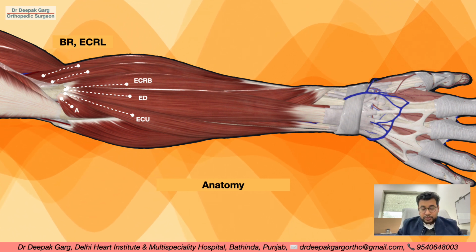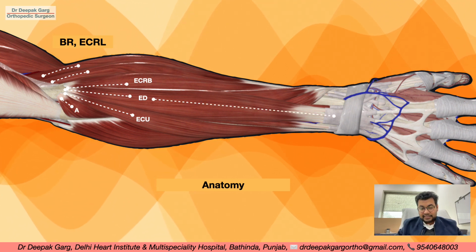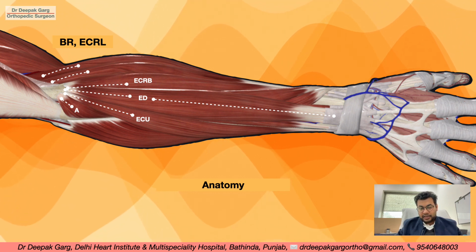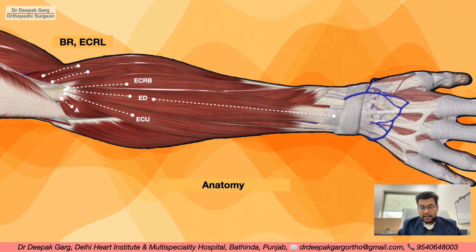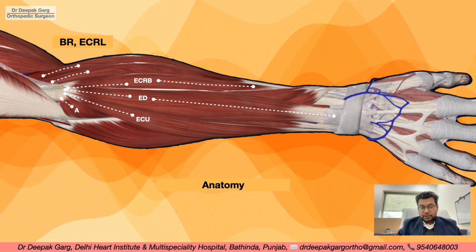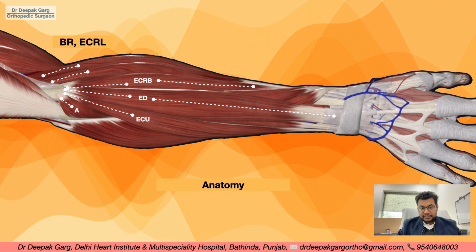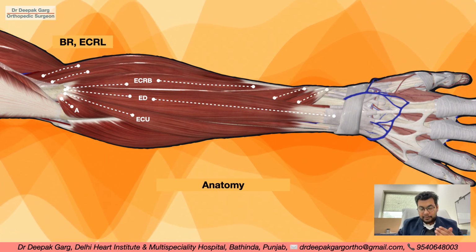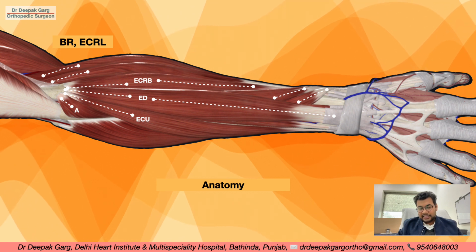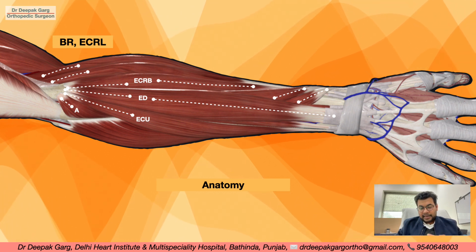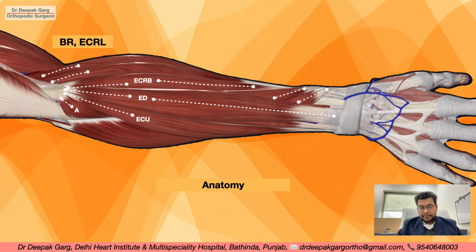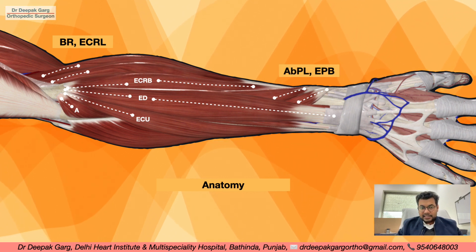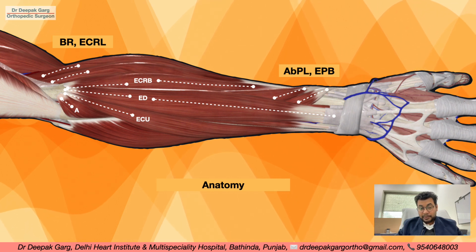If we follow these muscles distally, we can see the extensor digitorum muscle forming a very thick and broad tendon and passing behind the extensor retinaculum. Similarly, if we look at extensor carpi radialis longus and brevis, and these two muscles, we can see they are coming from behind the extensor digitorum, passing on the radial aspect between the extensor carpi radialis brevis and extensor digitorum muscles. These muscles are abductor pollicis longus and extensor pollicis brevis.